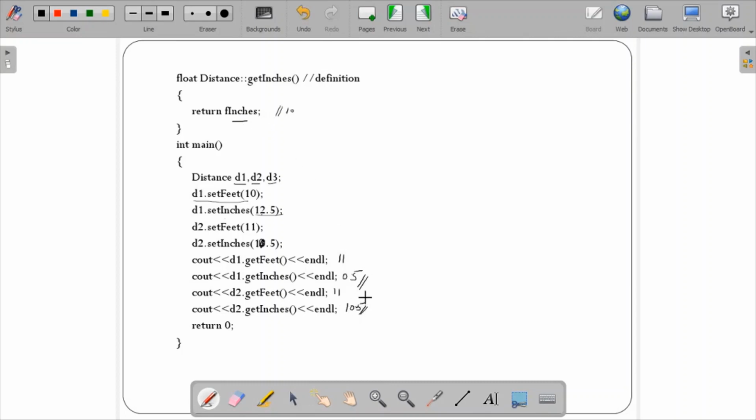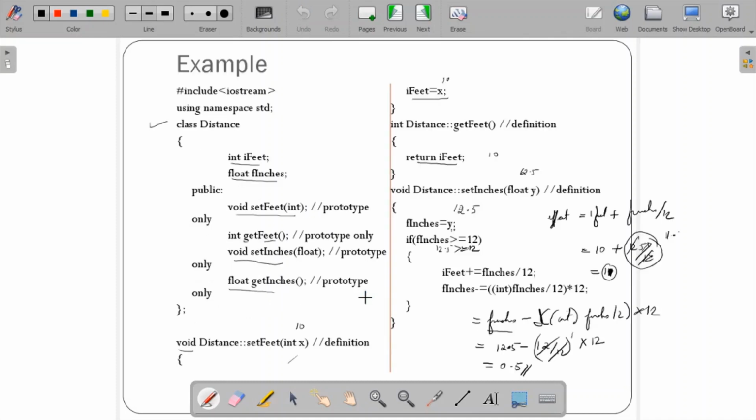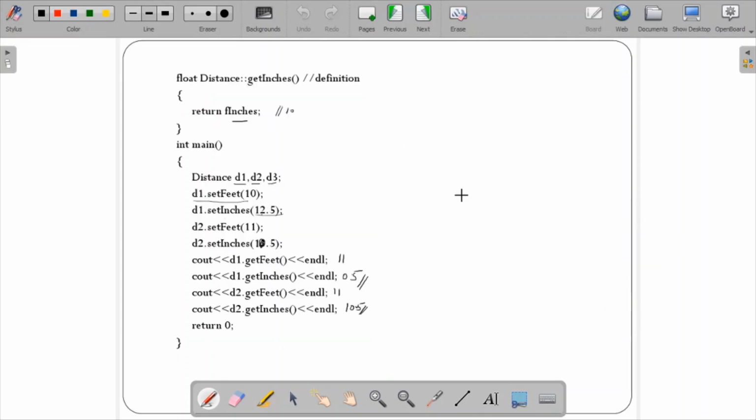So what is the idea you got over here? This is an example where a library programmer has developed a particular program. He doesn't do any manipulation in the set feet, whereas in the set inches he does the manipulation. In case of an application programmer like me, I don't know anything, like I'm just logging into Gmail and checking the mail. If I run this particular program, for set feet I might give any value, say 10, and for set inches I might pass the number 10 or I might pass the number 12.5.